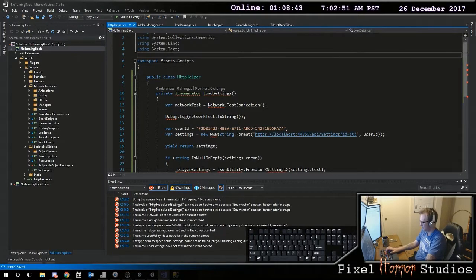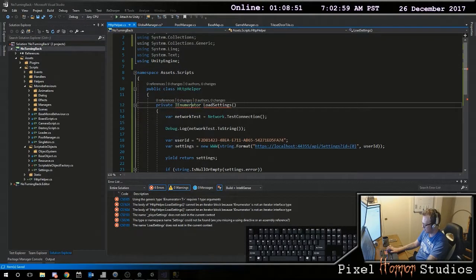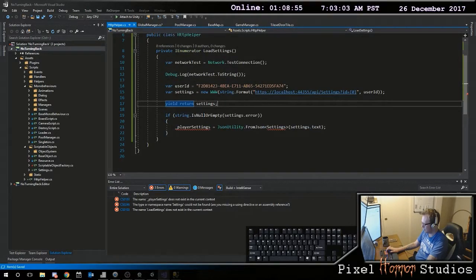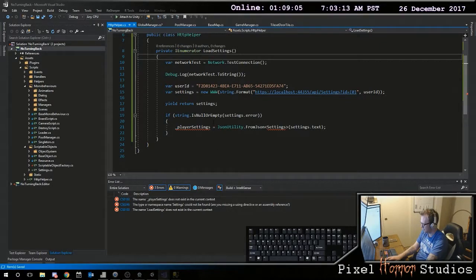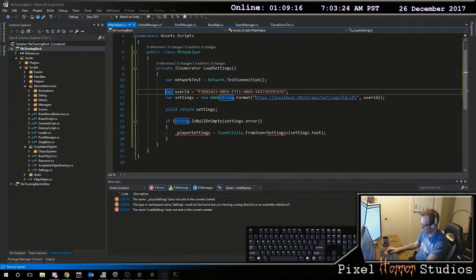It's just this, and it's going to be a using Unity engine. This thing needs to be like this, but you're returning